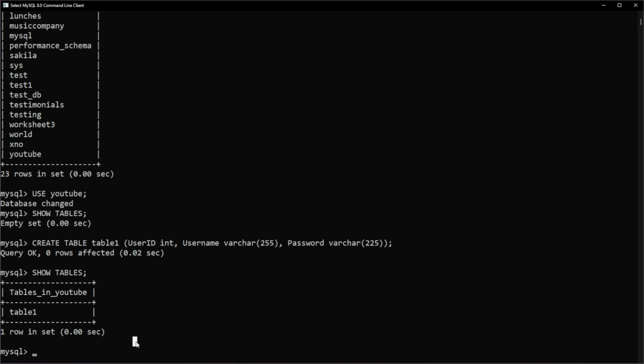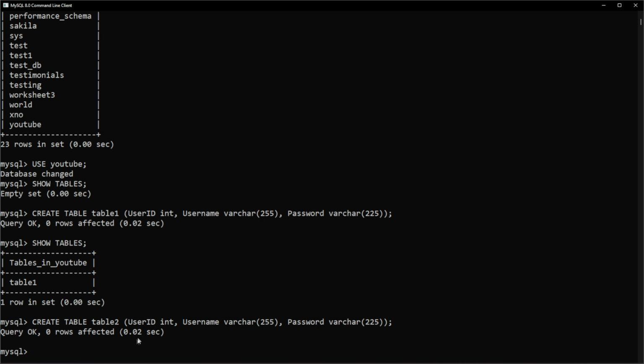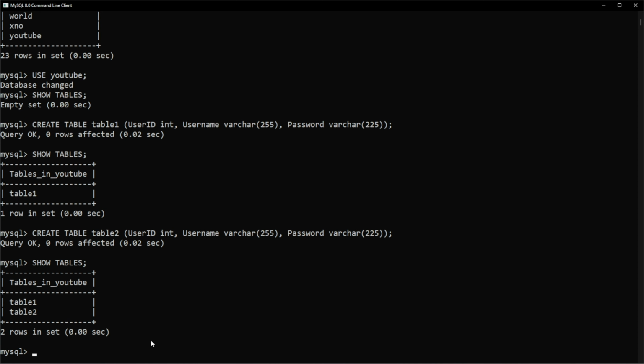Obviously, let's say we create another table, and we name it table2. You can see it is successfully created. And now if we do show tables, you can see we have 2 tables. Now let's say that we want to see what kind of table this is. The way we'll do that is we'll do describe,